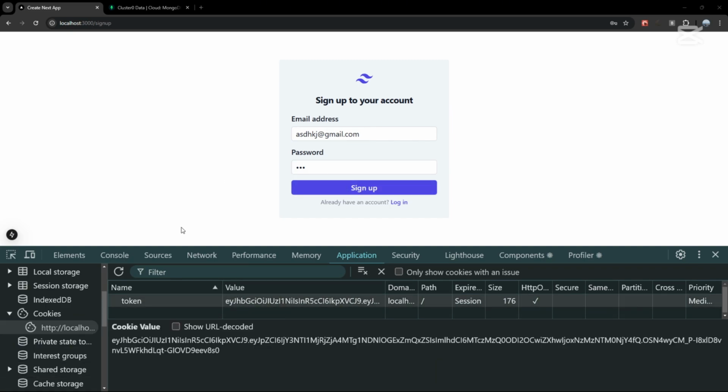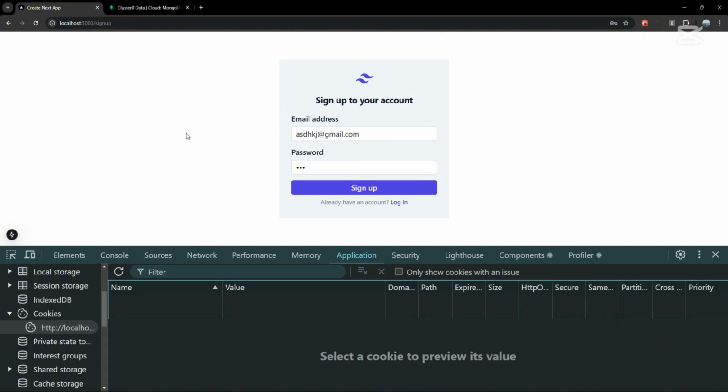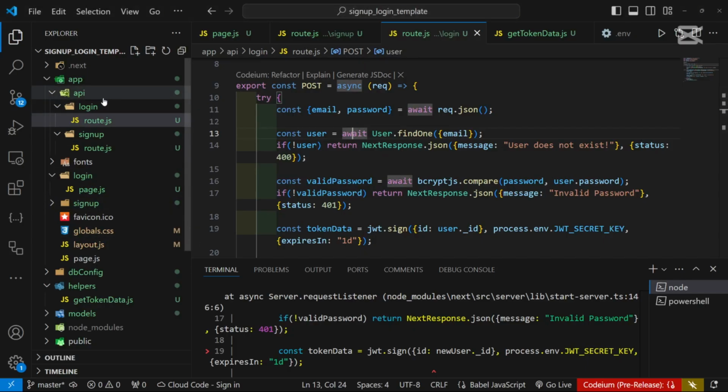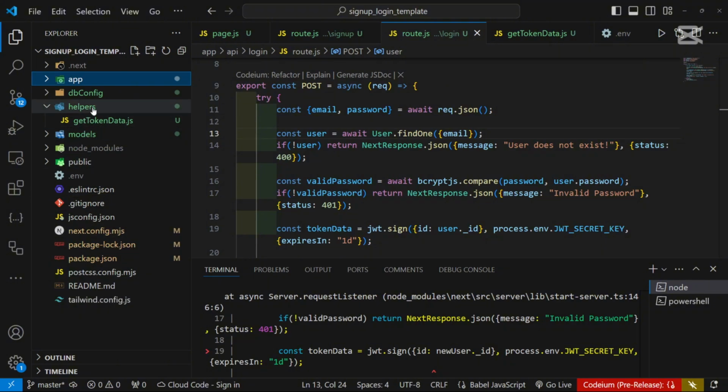And now there's one more thing left to do, and that's if you don't have a token, we should be able to go to the home page, but currently we are able to do that. So to fix that, we're going to create a middleware file here. So I'm just going to close the app folder. Same goes with the helpers. And here we're going to create a folder, or not folder. It's going to be a file called